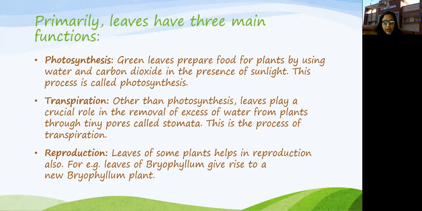Now children, यहाँ एक नया term आया है stomata. Now what is this stomata? I hope आपको पता होगा. Stomata are actually tiny pores, छोटे छोटे pores होते हैं which are present on the under surface of a leaf. है ना, leaf के under surface, ऐसा नहीं surface के बिल्कुल ऊपर होते हैं, under surface पे होते हैं. And these stomata, these are responsible for the removal of excess water, you know, from the plants.